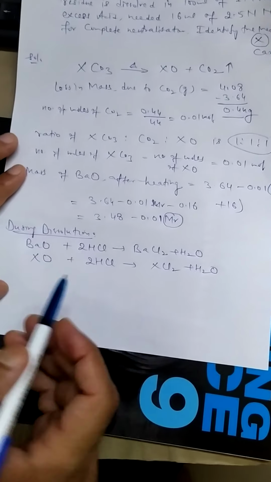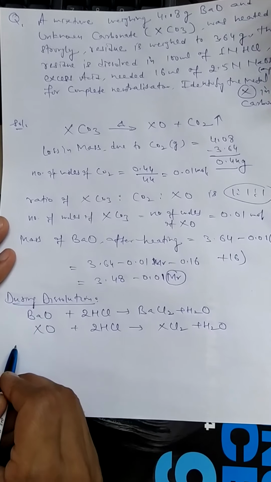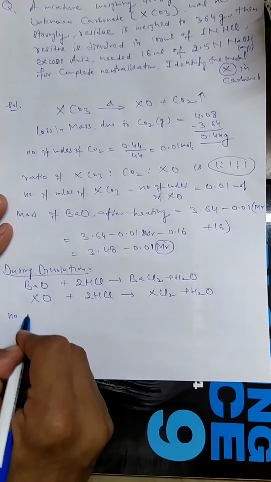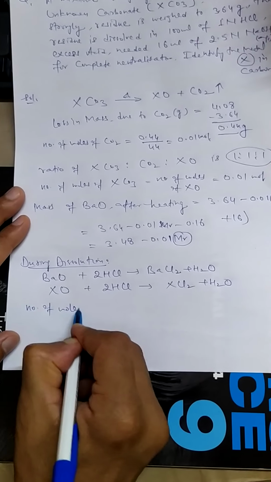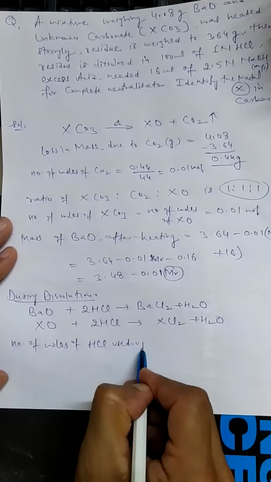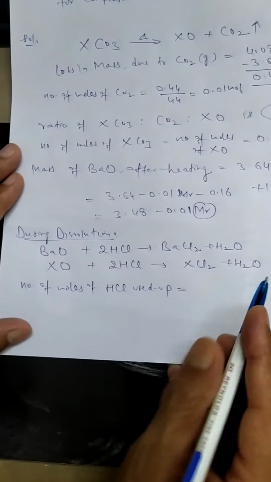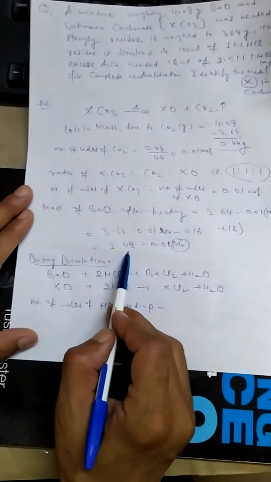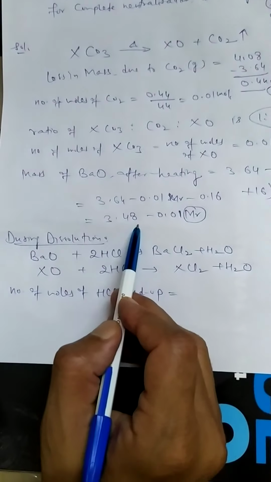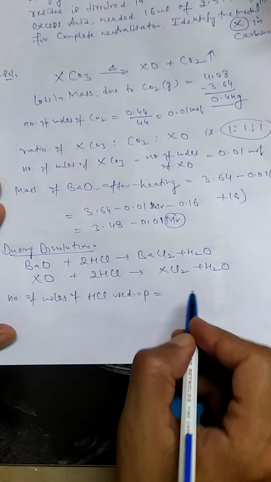Because the valency is 2, so it will be BaCl2 and XCl2 formed. Now, can we find out how many number of moles of HCl has been used up? So I'll first write number of moles of HCl used up in these two reactions will be, now let's try to understand. This was the mass of the barium oxide formed. So what will be the number of moles of barium oxide? So this mass divided by the molecular mass of barium oxide. So that will be